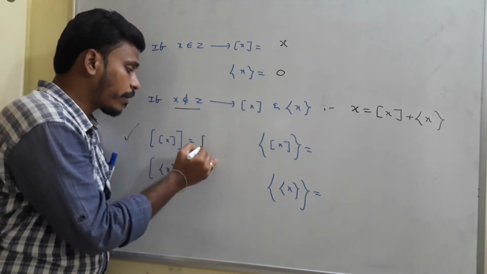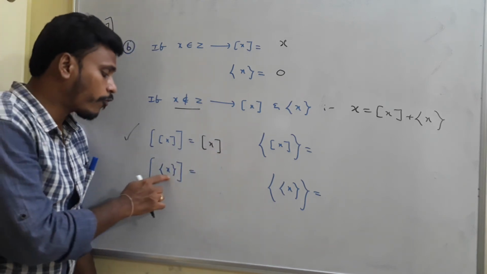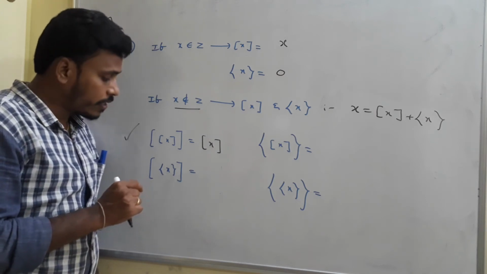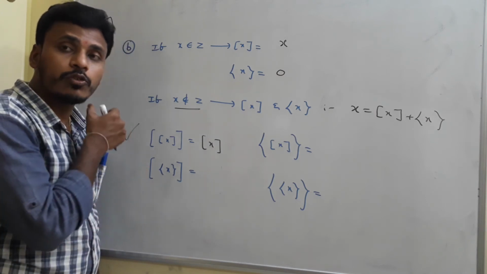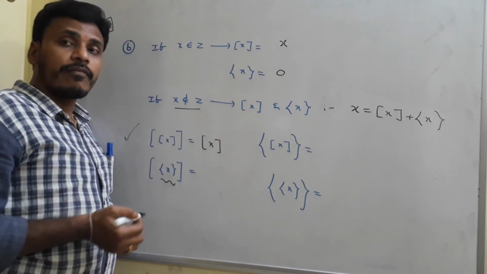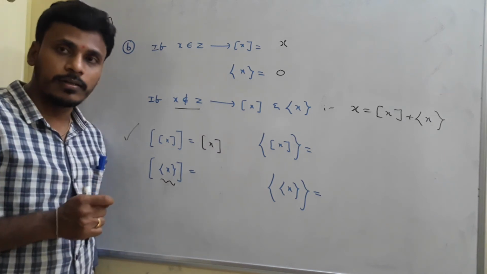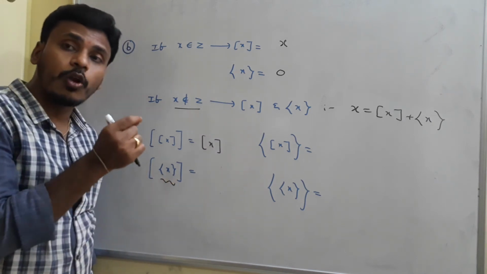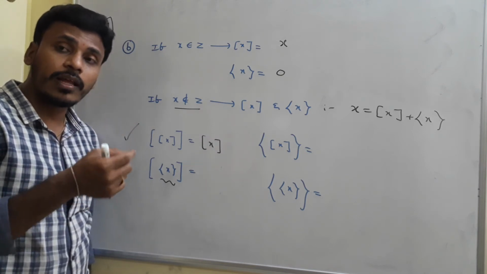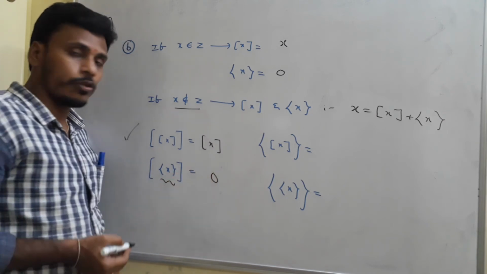So step of step x is simply nothing but step x only. Next one, step of fractional part of x. See, step of fractional part of x. What you say? This is fractional part of x. Fractional part of x is always in between 0 and 1. Since fractional part of x is always in between 0 and 1, it is 0 point something. For all the numbers which are in between 0 and 1, the step value is directly 0.